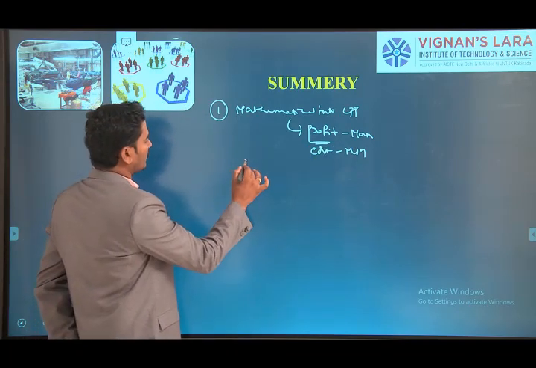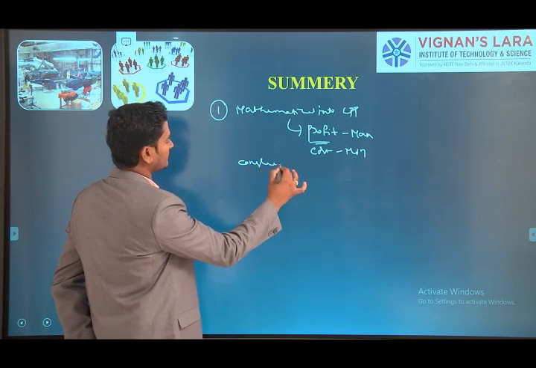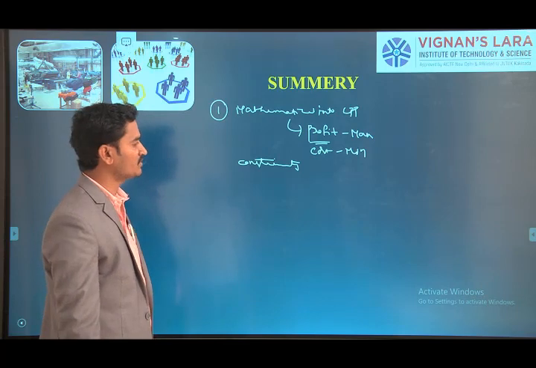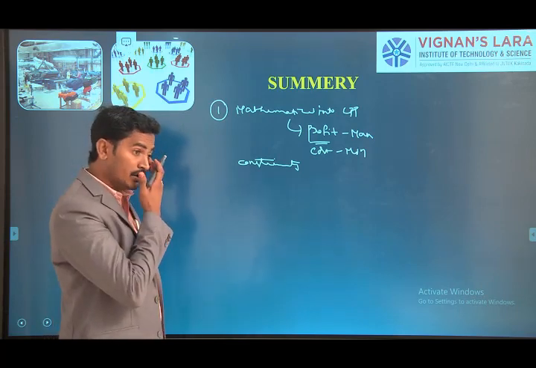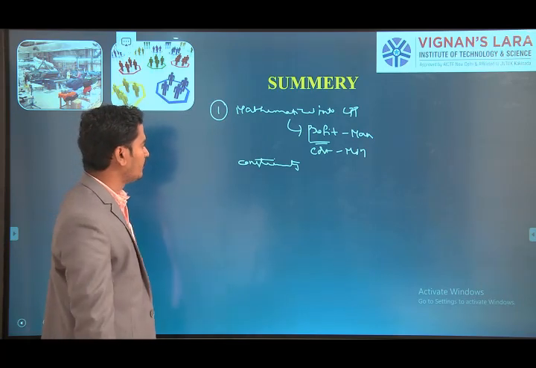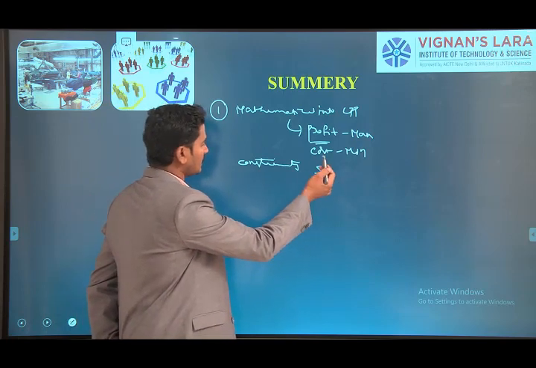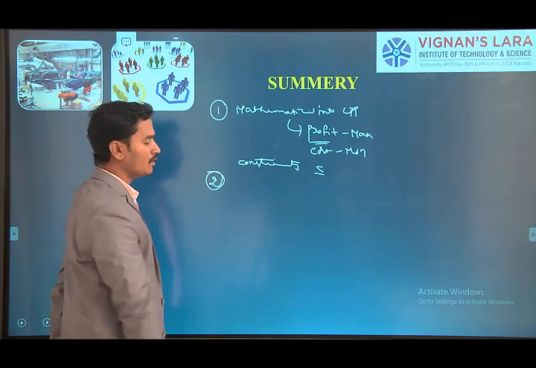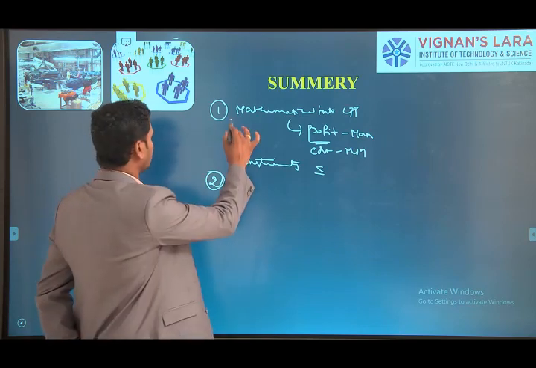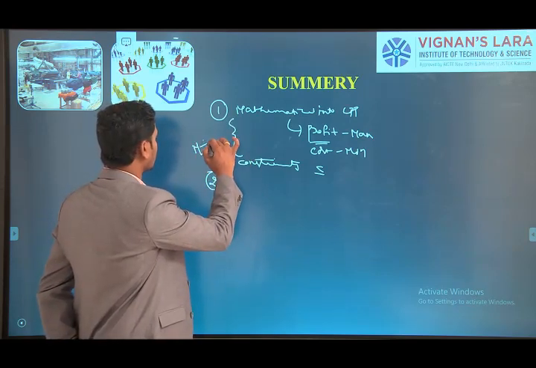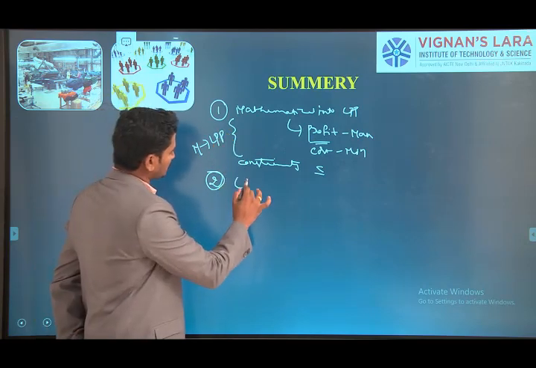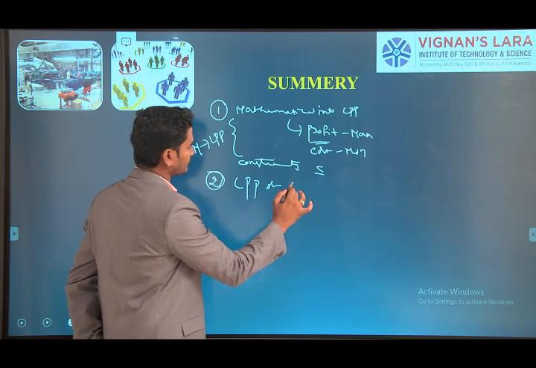Next, we identified the constraints. Here the constraint is availability or requirement. Which one is there? We have to identify. In our case, we have the availability type. That's why we are taking all constraints as less than or equal to type. Okay, next coming to the standard form or canonical form of the simplex. Here we converted a mathematical model into LPP. Next coming to the standard form. We are checking the standard form of LPP.